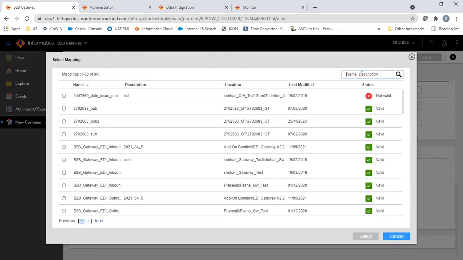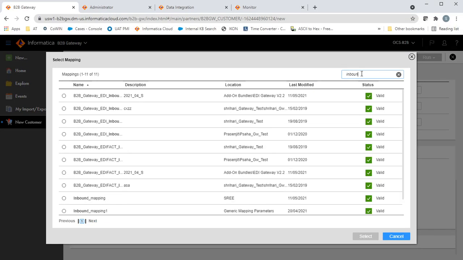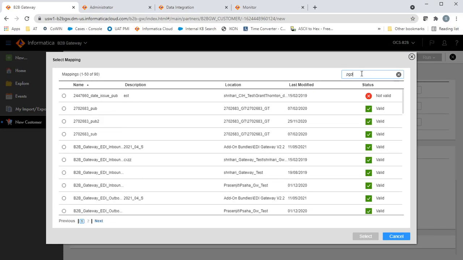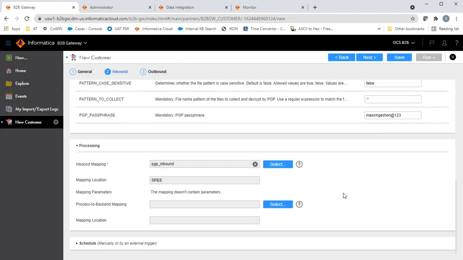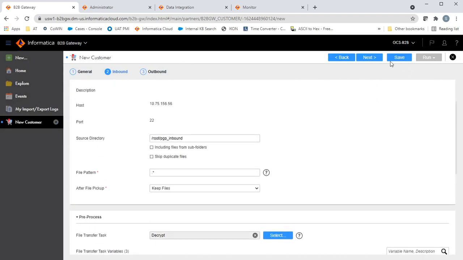So let's select the inbound DI task, which I have already created, PGP inbound task, and select. Okay. Now save it.